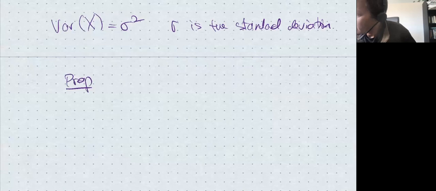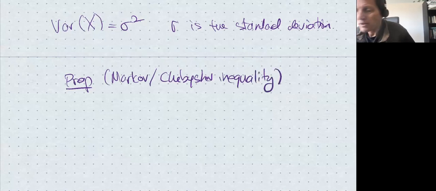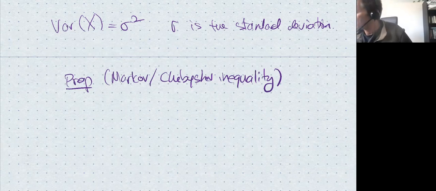So these are just notations from probability theory, and now some basic inequalities in probability that we're going to be using. The first thing is the Markov inequality. Some people call this Markov, some people call this Chebyshev. I'm not going to get into the dispute by mentioning both names. The history is that Markov was a student of Chebyshev, and Chebyshev wrote papers where this is used implicitly, and Markov made it more explicit, and then it was named after Markov, but later people realized that it was actually due to Chebyshev.